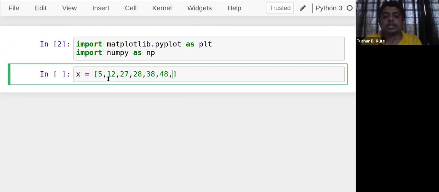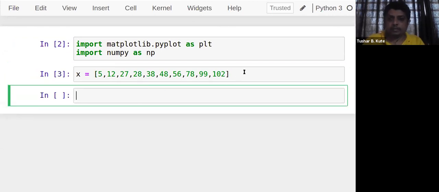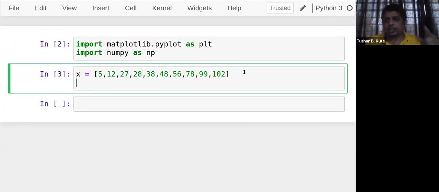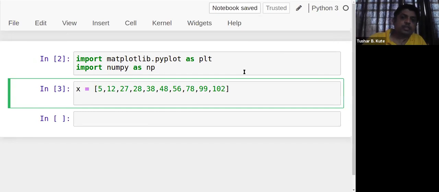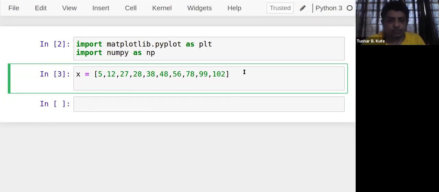Some elements I'm intentionally keeping in incremental fashion. See this, 4, 4, 8. Some set of elements I keep. Basically, I'm creating a list, the list of elements I've just stored. Maybe you have taken that data from the user, or maybe you have imported that data from a file.